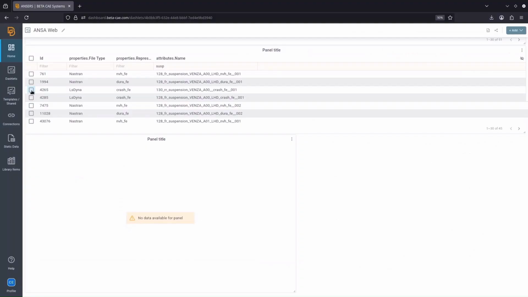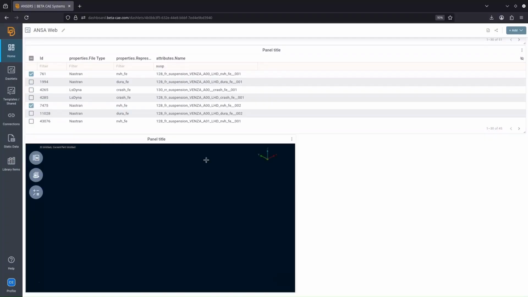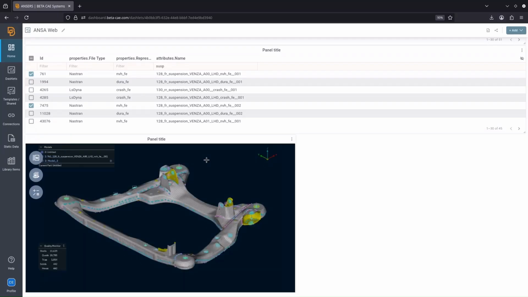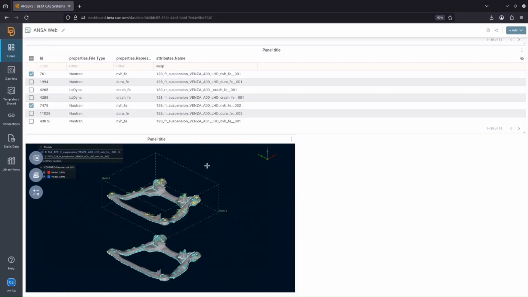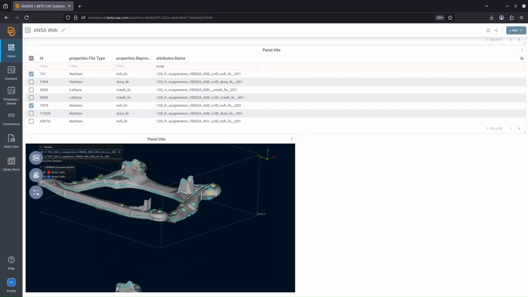Now let's see the Ansel web and how we can compare two different models within the same panel. When we select two DM objects, whether they are simulation runs, subsystems, or simulation models, Ansel web automatically opens in comparison mode. We don't have to apply any specific option for the comparison view. As soon as two models are selected, they will be displayed in this view mode. The two models are displayed in an exploded view, making it easier to spot the differences between them. If any geometric differences exist between corresponding parts, they are highlighted directly in the viewer.